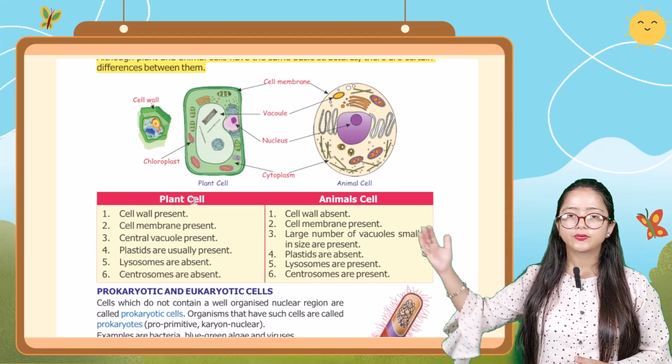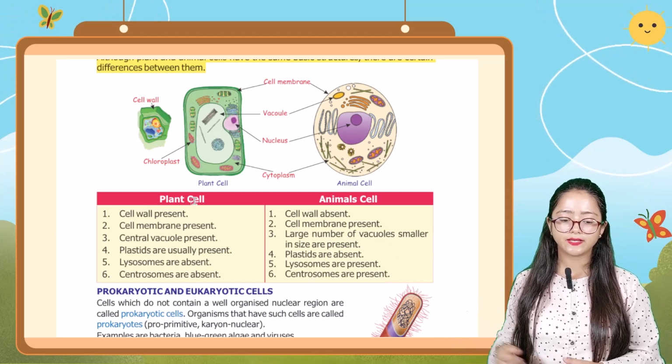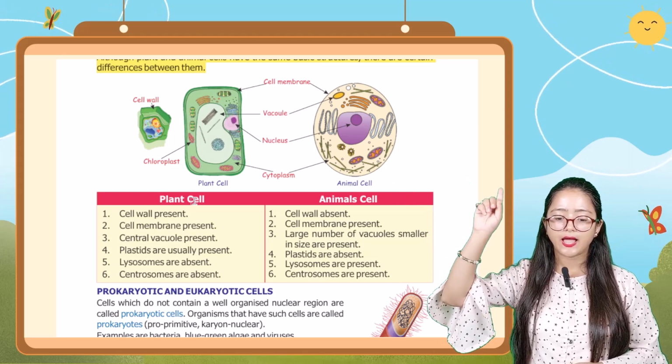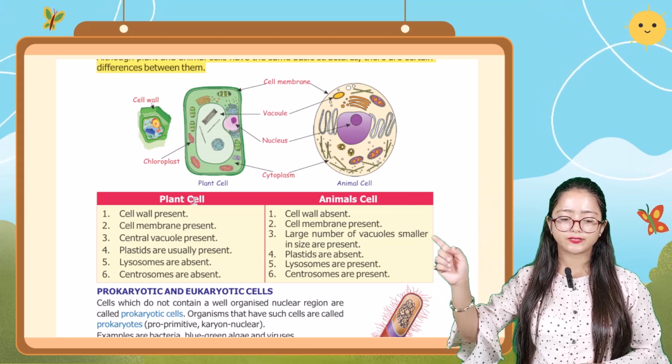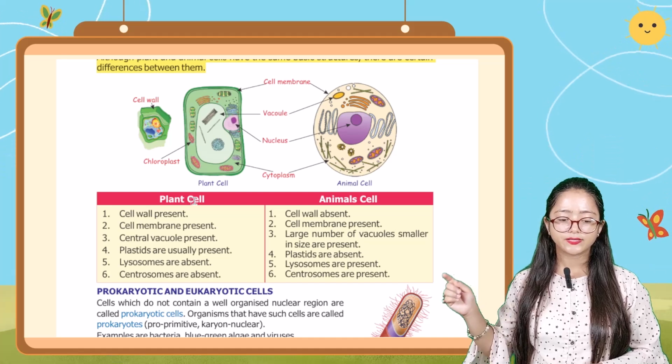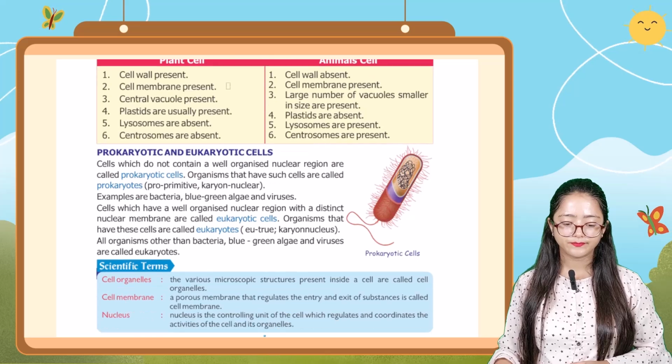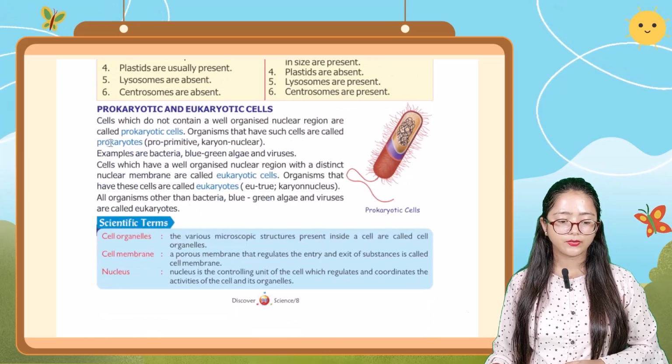Okay, here you can see the figure of plant cell and animal cell. So the cell membranes are shown over there, vacuole is there, and nucleus is also there, cytoplasm is there. And you can see the cell wall, which you can see only in the plant cell, not in the animal cell. Okay, now let's talk about